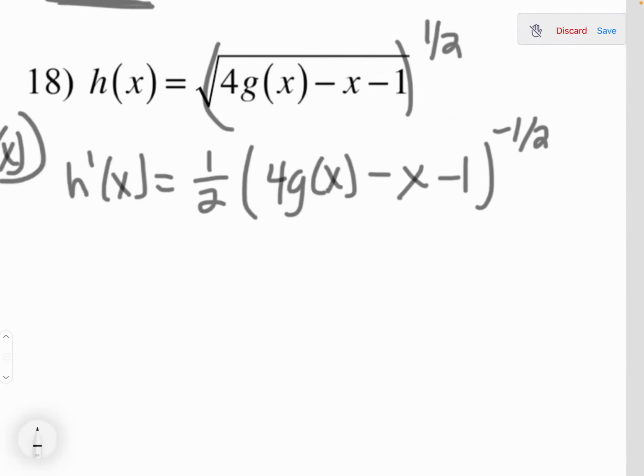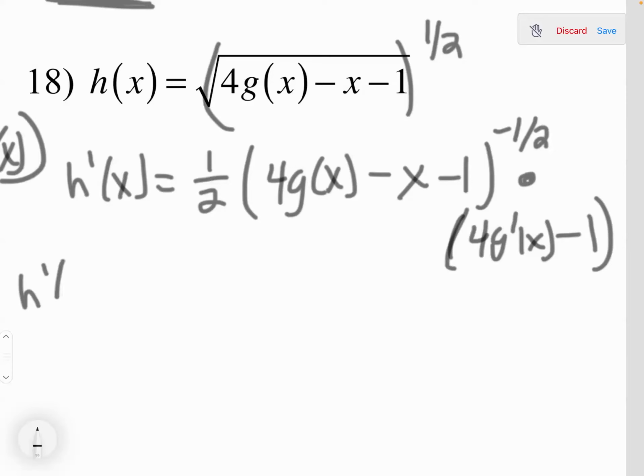Now I'm probably going to run out of room, so I'm going to write it right below. We're going to multiply by the derivative of the inside, and the derivative of 4g of x is 4g prime of x, and the derivative of -x is -1, and the derivative of -1 is 0. So then h prime of 2 would be 1/2 times 4 g of 2